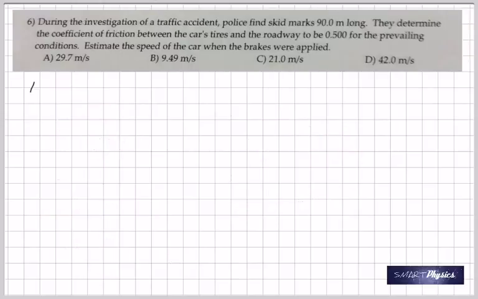So that's the problem. And in number 6, there's a traffic accident and police find skid marks 90 meter long. They know that the coefficient of friction is 0.5. You've got to find the speed of the car when the brakes were applied. So in this case, the final velocity is 0. We do not know the initial velocity. You know the displacement. And you should be able to find the acceleration. So let's